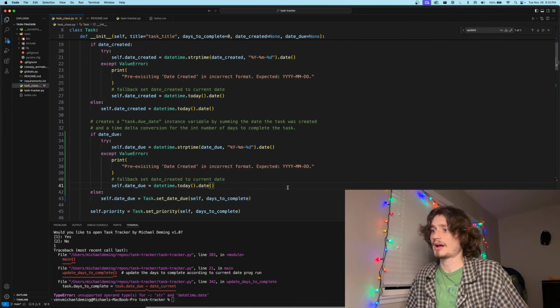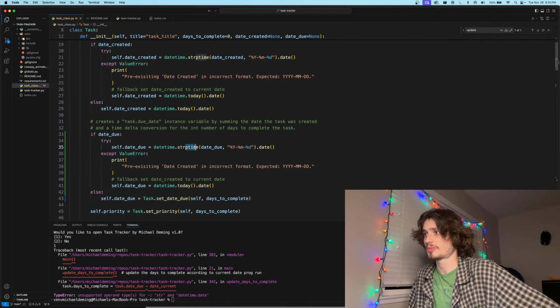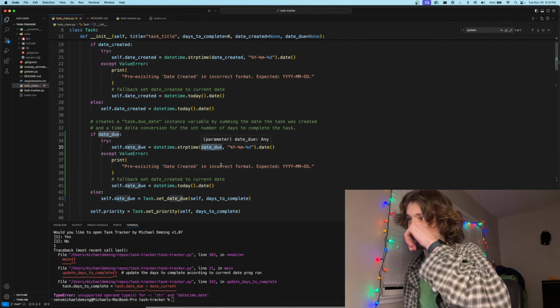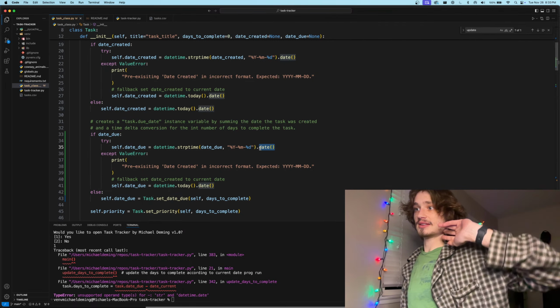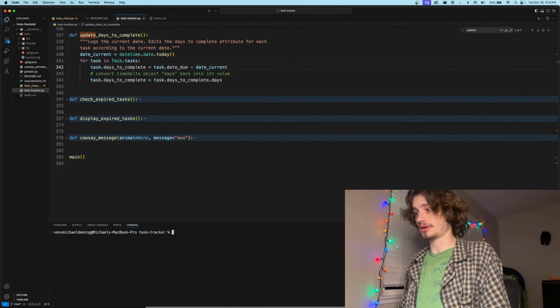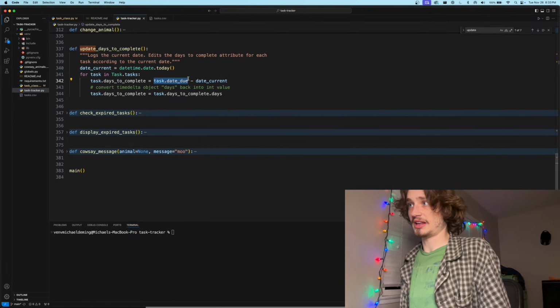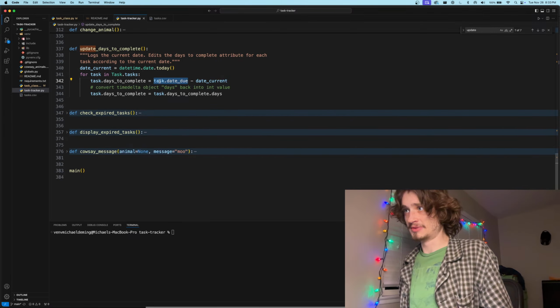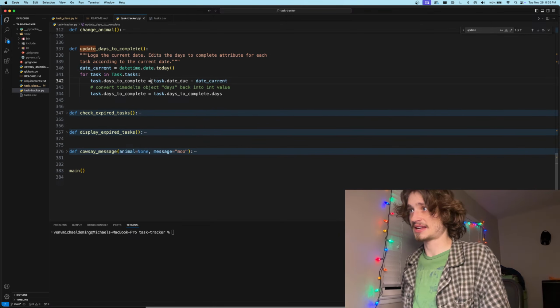Okay, so now that converts this into a datetime object by stripping off the time for the date due and in this format and keeping the date. So now if we go back to here, clear, this is what was throwing the error right here. This was in a string and it was trying to take a string and subtract it from a datetime element. Now I have a datetime element subtracting from a datetime element, I believe. So if I run,